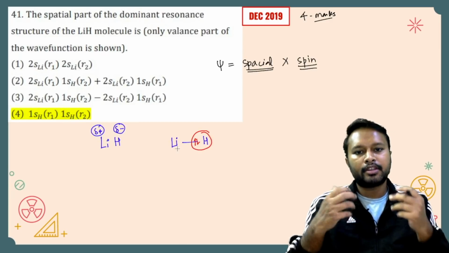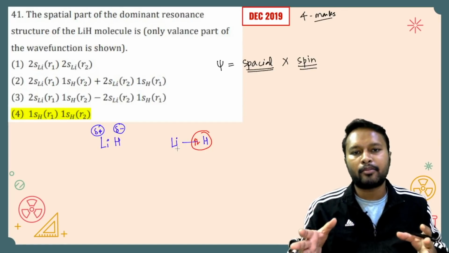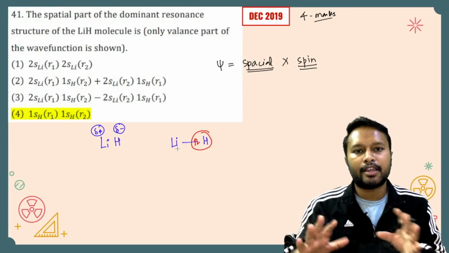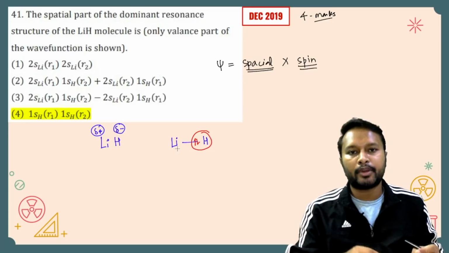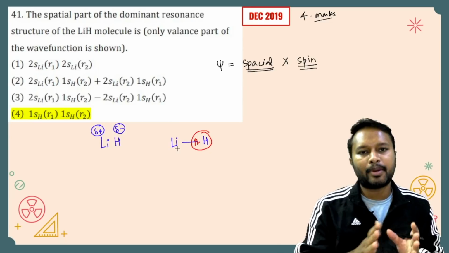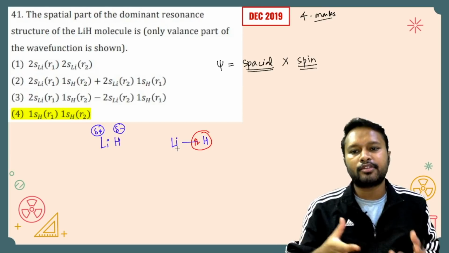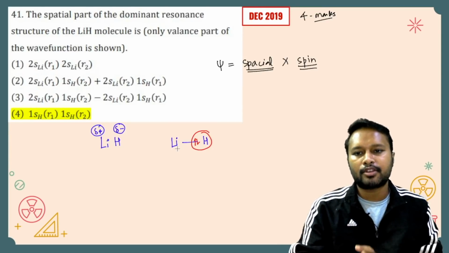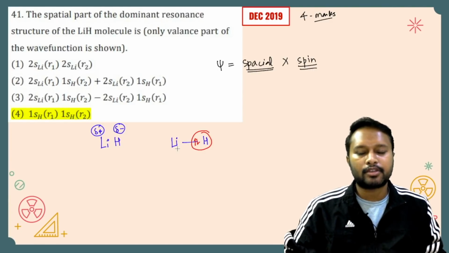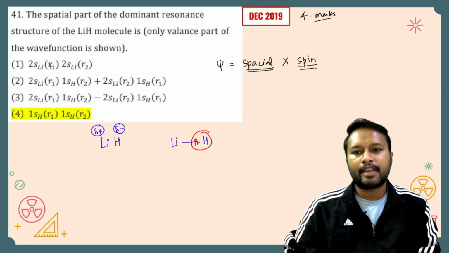Understand? The bond between lithium and hydrogen is going to form a covalent bond, but due to the more electronegativity of hydrogen compared to lithium, electrons will move towards the more electronegative part, that is hydrogen. Because of that, both of these electrons are going to stay in the s orbital of hydrogen. They are not going to stay in the orbital of lithium, they are going to stay in the orbital of hydrogen. So in the options you can see the first option says 2s-Li-R1, that means